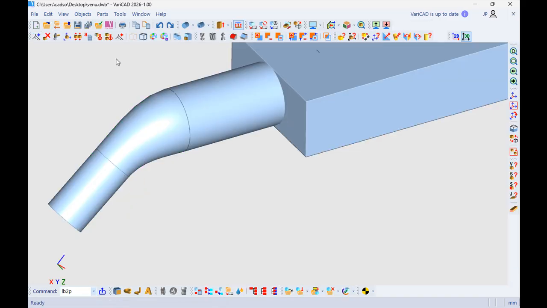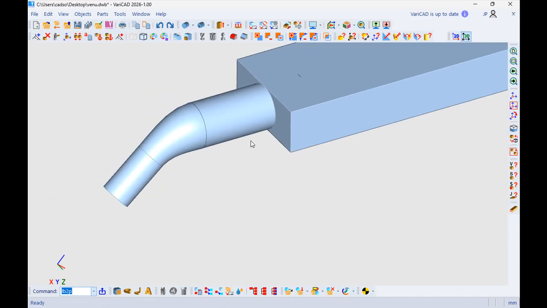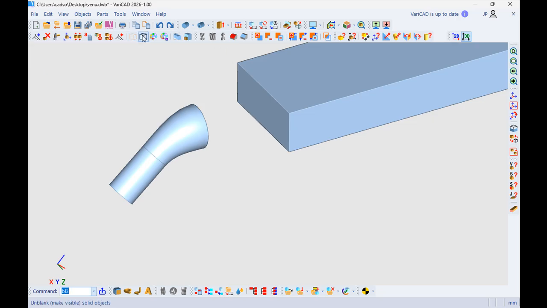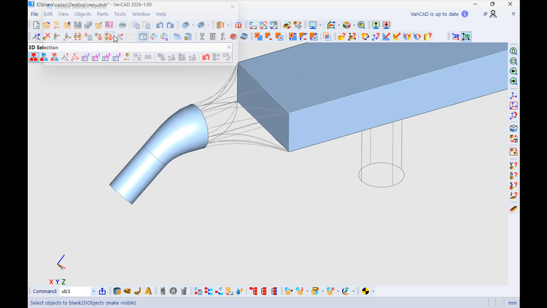Perfect. Okay. Blank the cylinder. I don't need it anymore. And unblank the other shape.